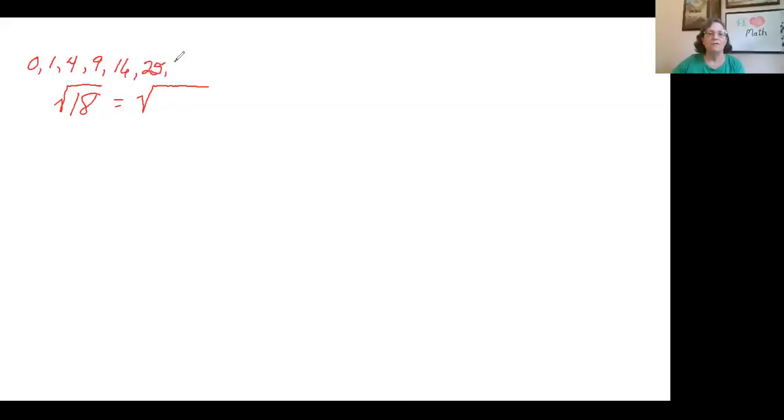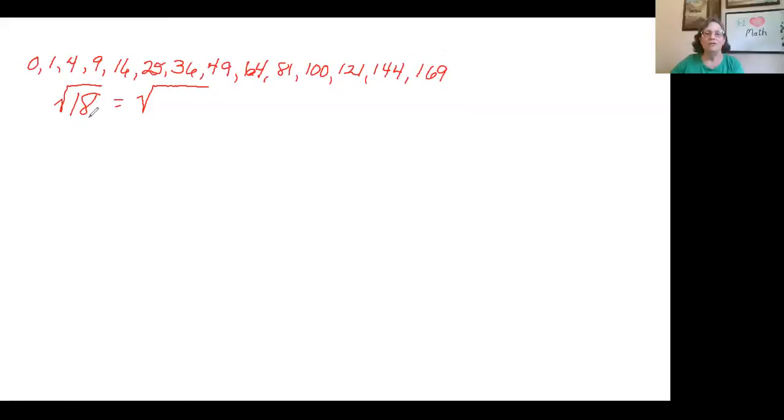We've got 5 squared, 6 squared, 7 squared, 8 squared, 9 squared, 10 squared, 11 times 11, 12 times 12, 13 times 13. That should be plenty. So in order to reduce something like the square root of 18, we want to find